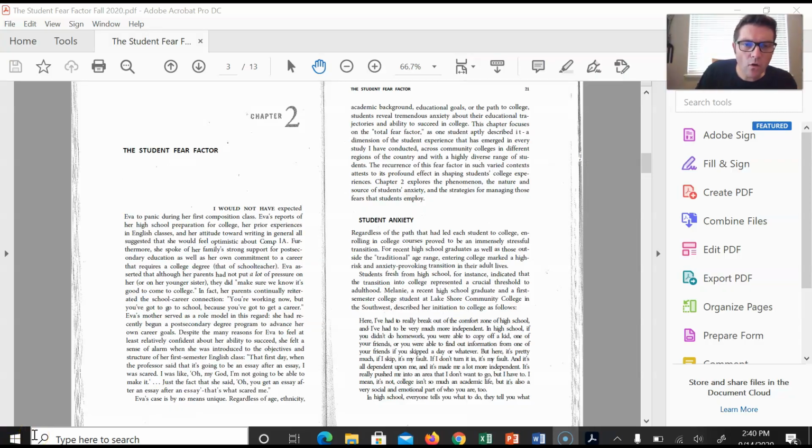Okay, I also wanted to go back and return to the student fear factor, because at the beginning of each chapter, Rebecca Cox does essentially the same thing, right? She's beginning with a hook, an attention grabber, to kind of grab the reader's attention and let us know what this chapter is going to be about. So we know the chapter is called the student fear factor, right? And then look what she does. She provides that story about